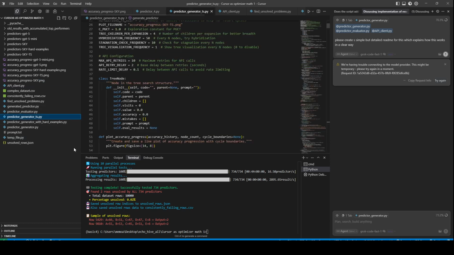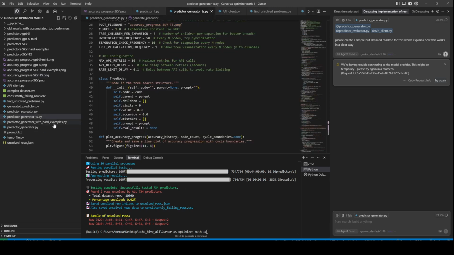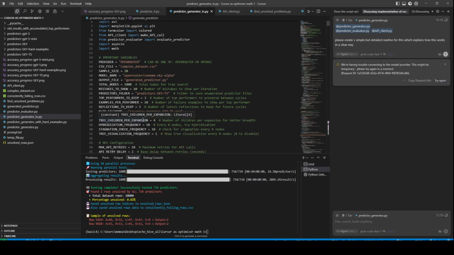But I went with the tree search, and the tree search definitely has promise. I'm actually kind of bummed that this crashed because I'd have to run this again. Anyway, there's some more improvements that I need to do to the tree search, such as it's actually running the children in parallel, but I also want to be able to run multiple branches in parallel. But I will make a separate video for the tree search.